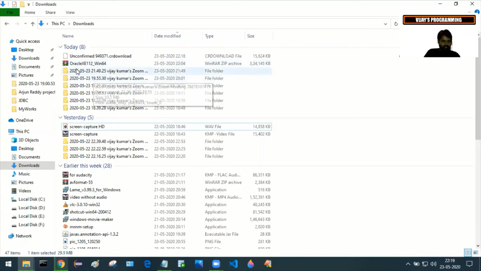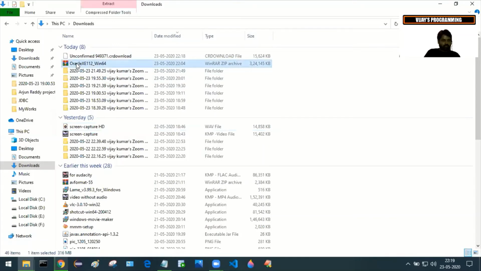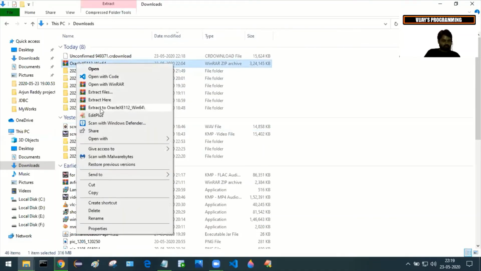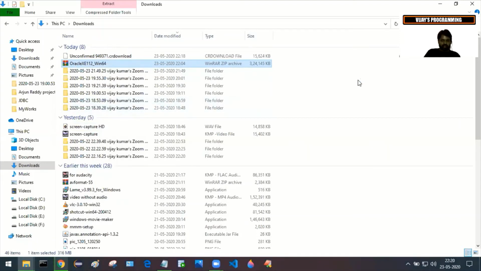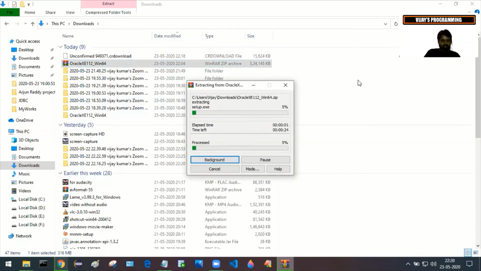After installing it, you just need to right click on that and click on this extract to Oracle XE Win64 folder. Okay, what it does is extract all the files into one folder. Okay, in that folder the setup file will be there.